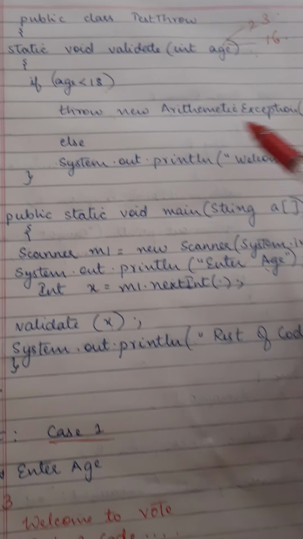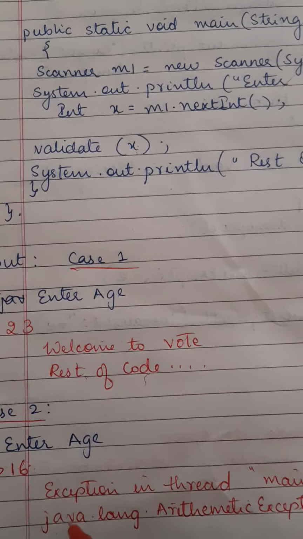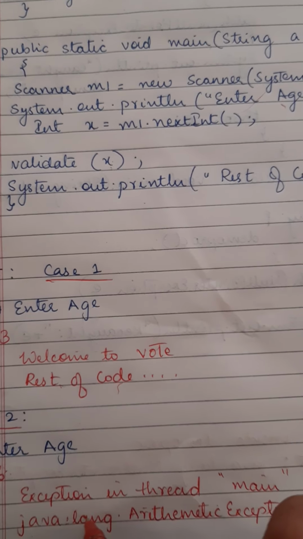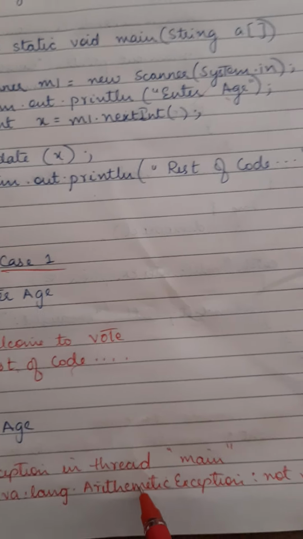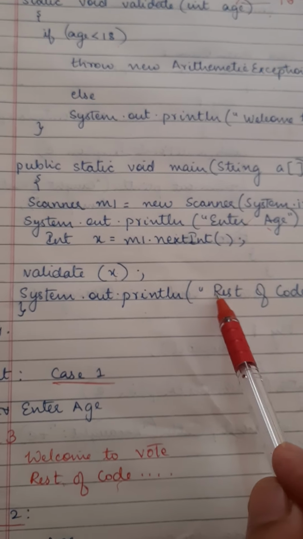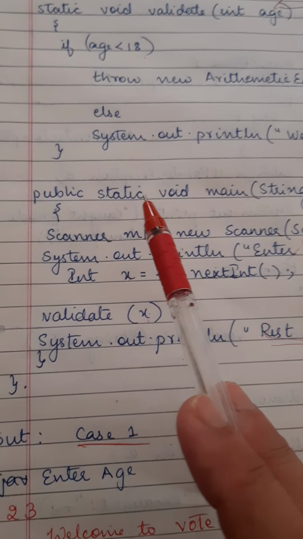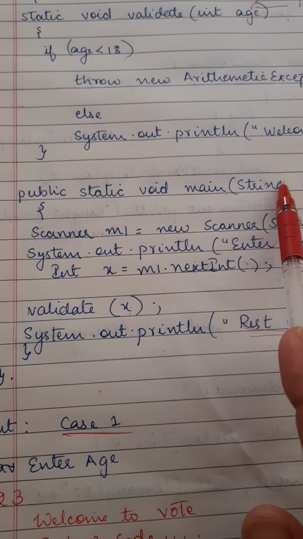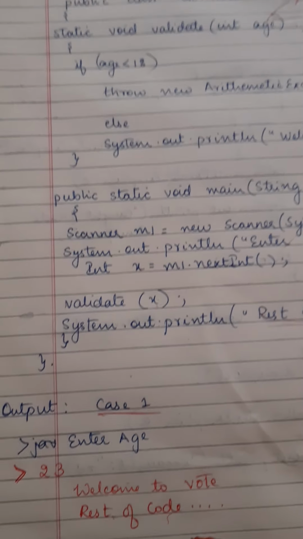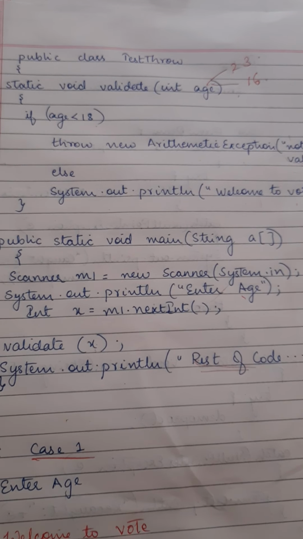So what happens over here? You can see it stops execution because I have not caught that exception. It throws the arithmetic exception and "not valid". Since the exception is not being caught, the rest of the code will not be executed. It just terminates the program, because in this case I have not caught the exception which is being thrown. So this is an example of a throw clause. I hope the throw clause of exception handling is clear to everyone.